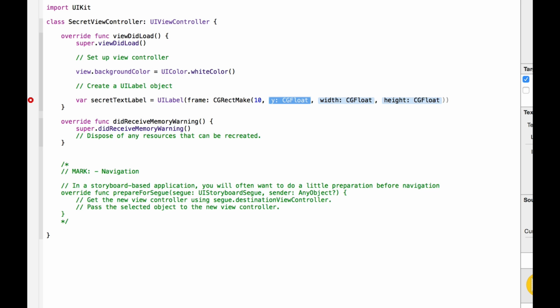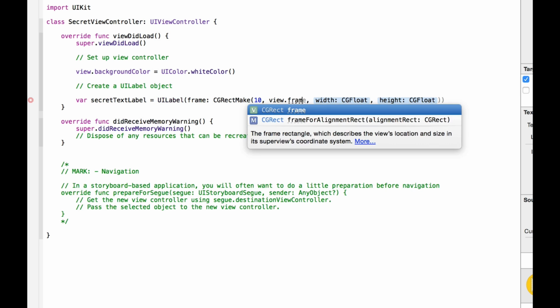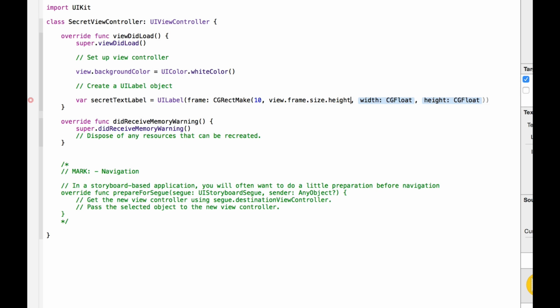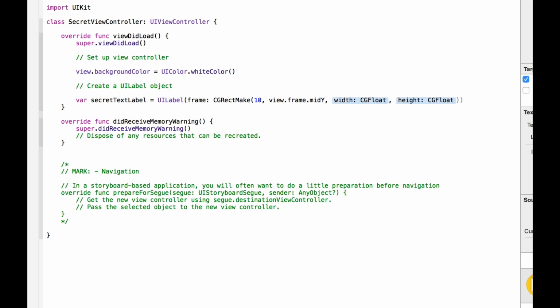I'll set the initial Y position at the middle of the view, and the way I can do that is I can either halve the height, or a more sophisticated way of doing it is dialing back a little bit, getting rid of the size and the height property, and just taking the midY property, which looks like that, the midY property straight from the frame object, and that will obviously get us the midY position